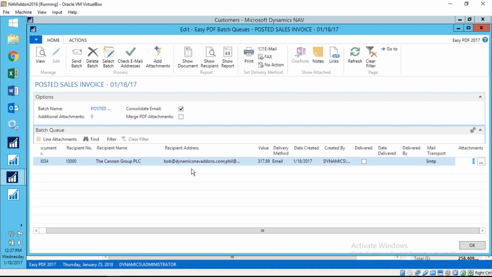Okay, so moving on, we've talked about customer statements. Now, there's a couple other things that we can do. Let's go back to departments, go to order processing and open up the customer. So let's open up the Canon group again, because I like them. They buy a lot, but they don't pay so well. And we go over here, and you see that they owe us $256,289. If you click on this, and this is native NAV, you'll open up